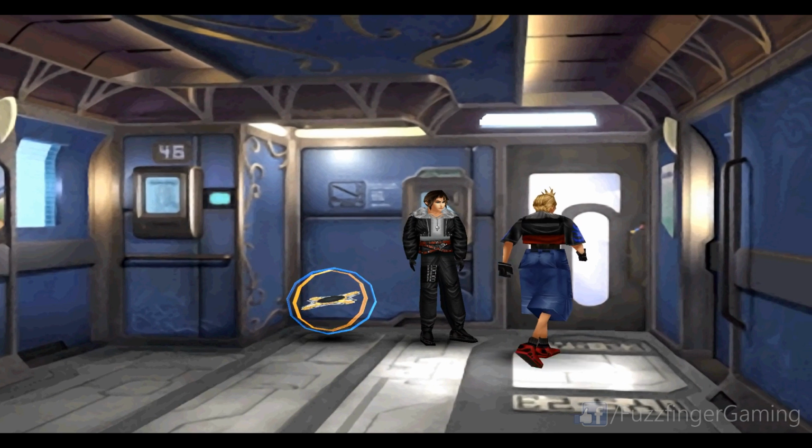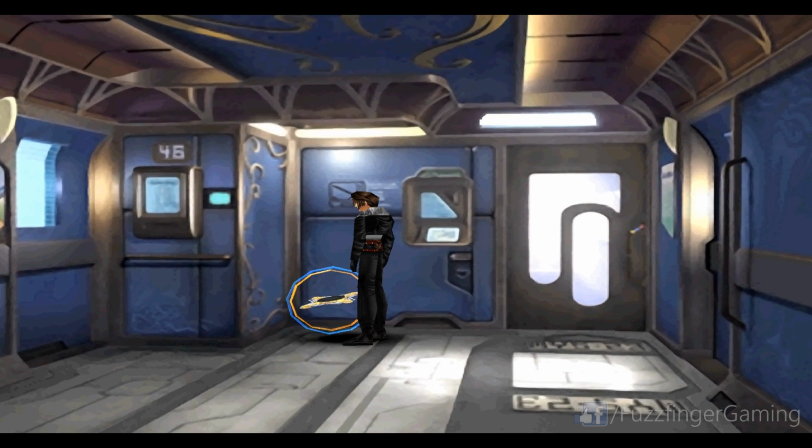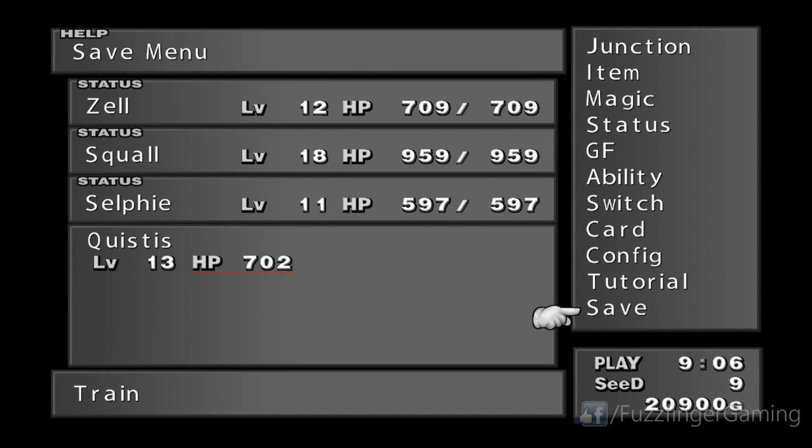Okay, so we're going to be following Selphie and Zell as they go forward into the cabin area, but I'm just going to say first of all,